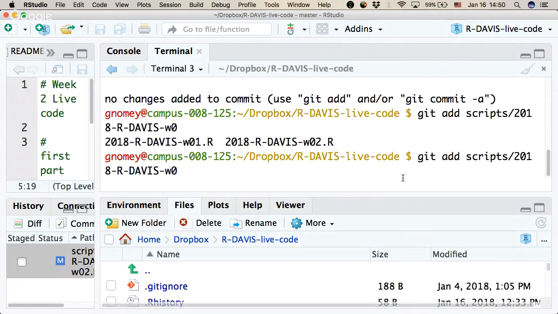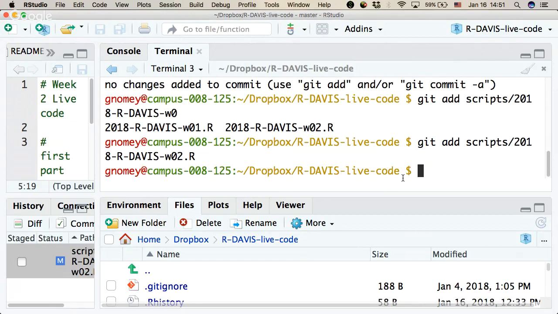Then notice the command is still here. It's ready to go. Now I can say, okay, well, 2. That's the one I want. So I'm going to hit 2, and then tab. And now I have my file that I want. Okay, now I'm going to hit enter. All right. So nothing really